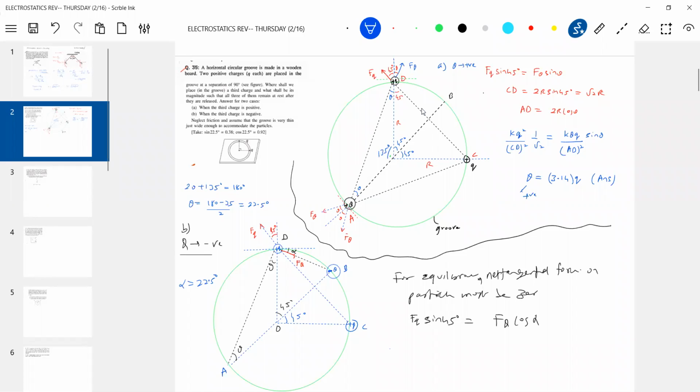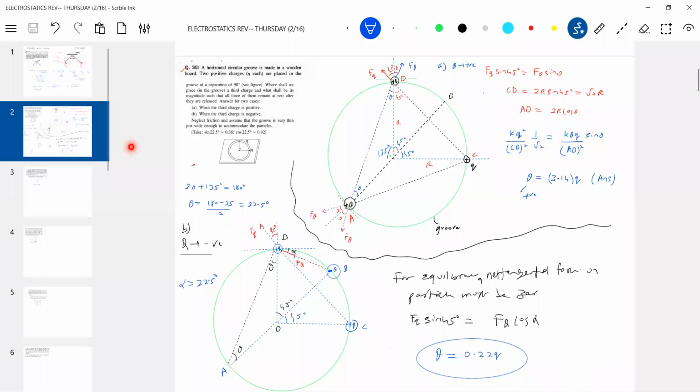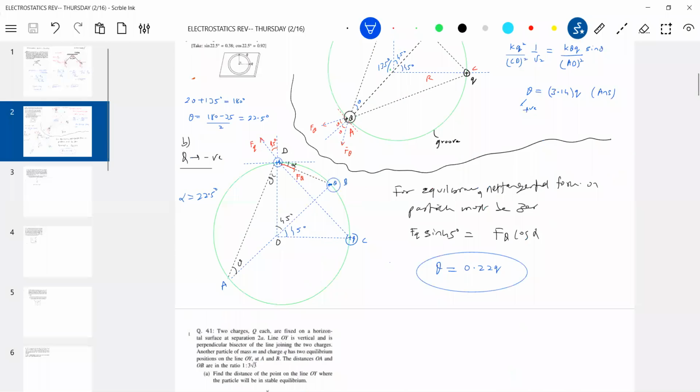Equate and solve again. So here, let me give the answer. Cross check it later on. I'm just giving the idea. This should be the magnitude, because already I assumed a negative sign, showing that attractive force. If you keep positive charge, it should be here. If you keep negative charge, it should be here. This should be the magnitude for equilibrium. I'll go to the next one.